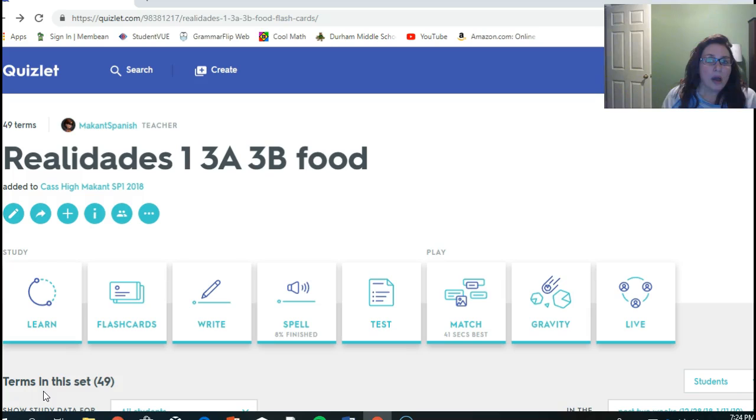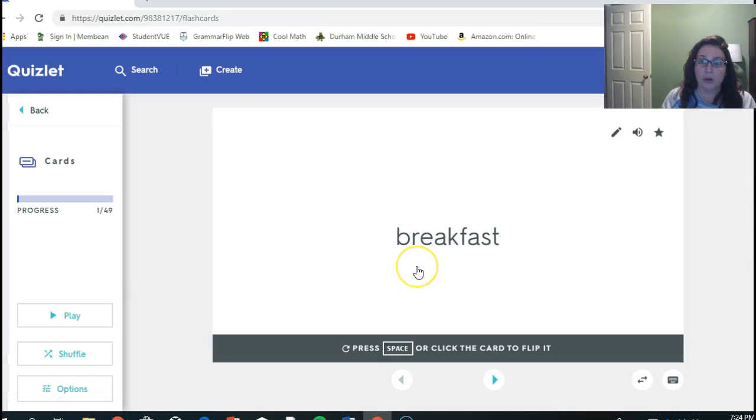So in class today we talked about how to use Quizlet, and you're going to have to take screenshots of your work that you do in class to upload them to Schoology, 3A and 3B Food. And if you're learning these for the first time, you can click on the flashcards. You'll notice, because I have advanced Quizlet, there's breakfast, and so you click on it, and